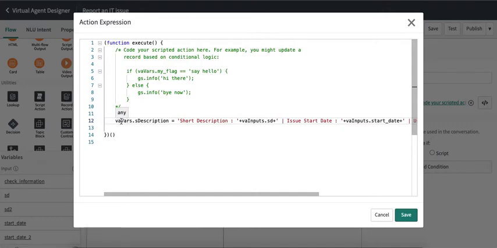Now this is the second type of variable. The first type of variable we have seen is VA inputs. The second type of variable is VA vars. VA vars is a type of variable which can be defined in one activity and can be used in a different or subsequent activity. This is something similar to the workflow.scratchpad variable, and this is the variable which we have created,